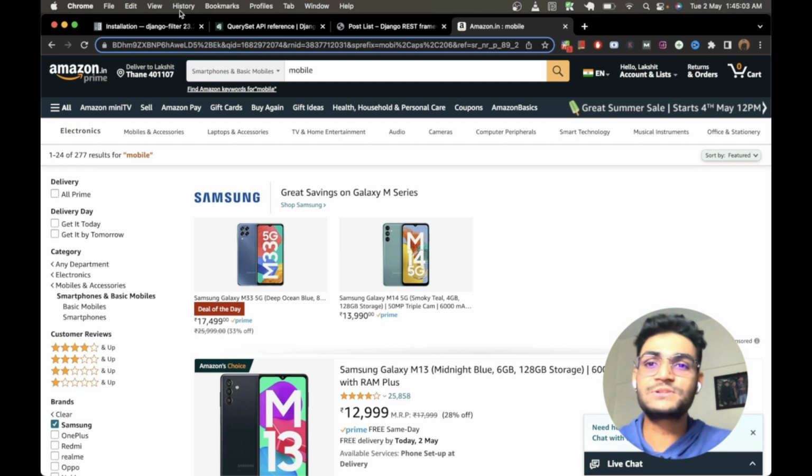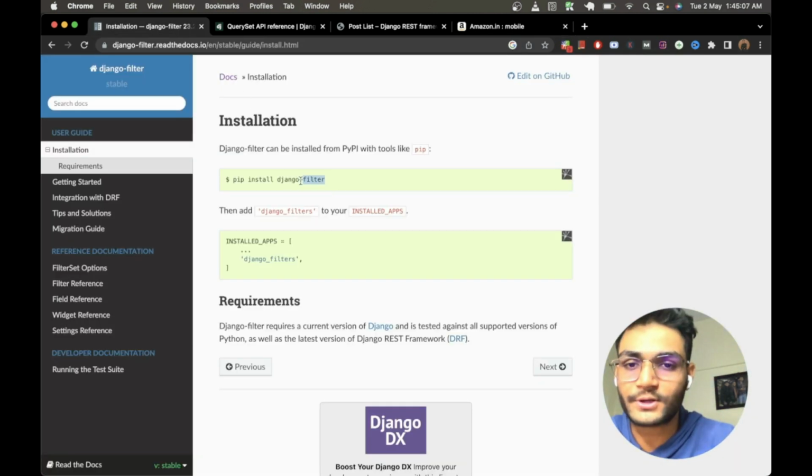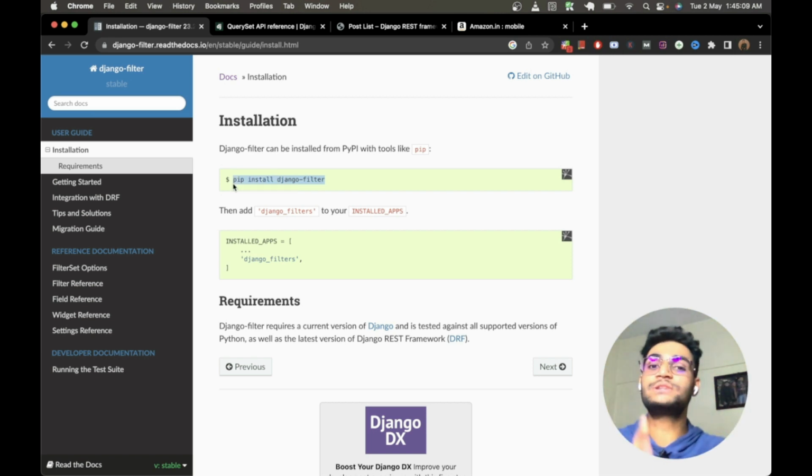For this, Django provides a very enriching and featureful library called Django filter. We'll be exploring this Django filter library in the form of two videos. In the first video, we'll be working with this Django filter library on a single model and understanding how we can set up our own custom filter and how we can use the inbuilt filter. In the second video, we'll understand how we can filter the content using the foreign key mapping and the reverse